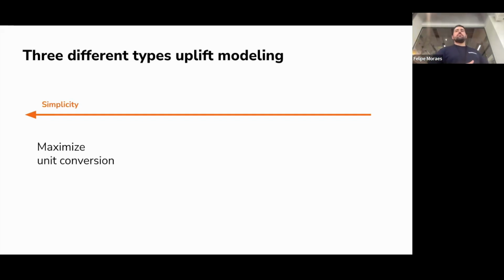I say that maximizing conversion is simpler, it's not much simpler than other cases, but most of the methods that were developed in the early years for uplift modeling focus on conversion. So in the 2000s, the first papers focused on conversion. And so this is a better studied problem where we have more literature, more tailored methods, more uplift trees, and things like that. So in a sense, it's easier.